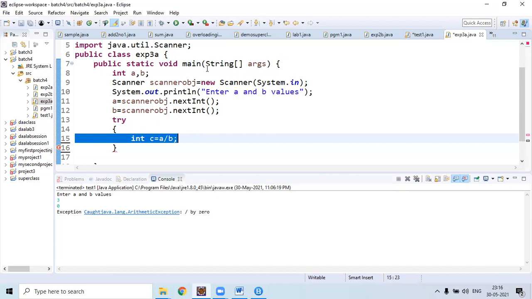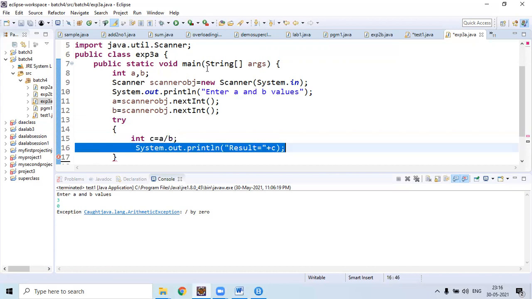If b equal to 0 means we will get an error. That error is thrown by try block. If b is not equal to 0 means we will get some value for c. Then we need to print value present in c by using println statement.